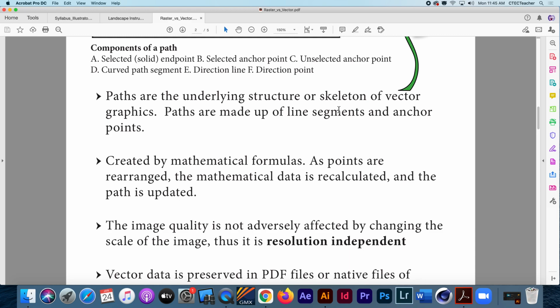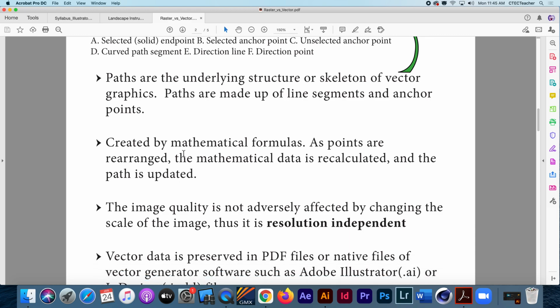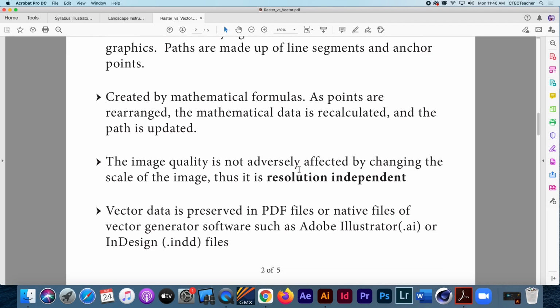It's like the skeleton of the vector, and it's what gets recalculated. The vectors are created by mathematical formulas. As the points are rearranged, the mathematical data is recalculated and the path is updated. So vector-based artwork is resolution independent, and